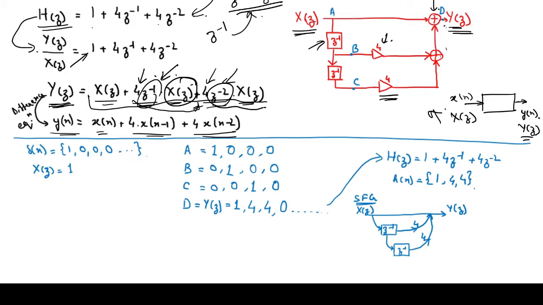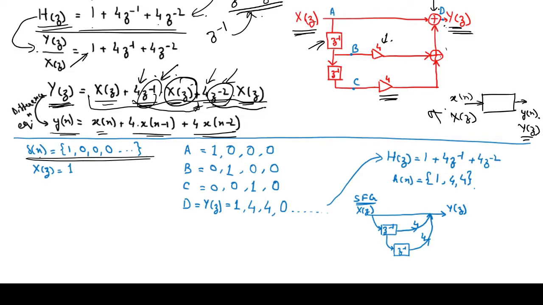Okay. The next thing is to see whether this system is working fine or not. We know that if we give delta n, that is the impulse input, then what should be the output we should be getting? As per this equation, we should be getting an output of